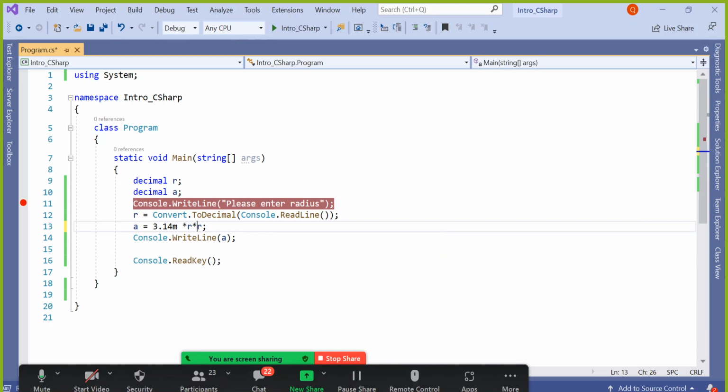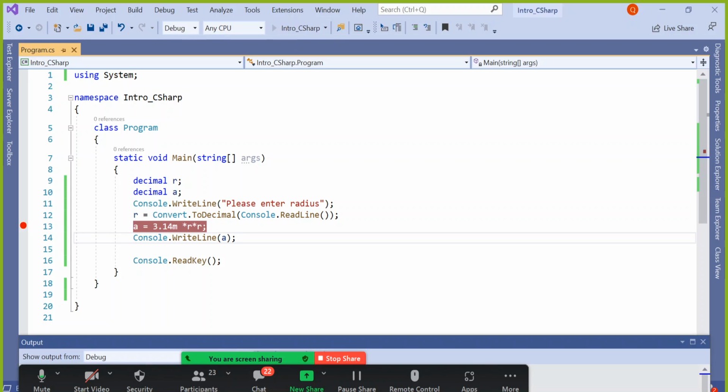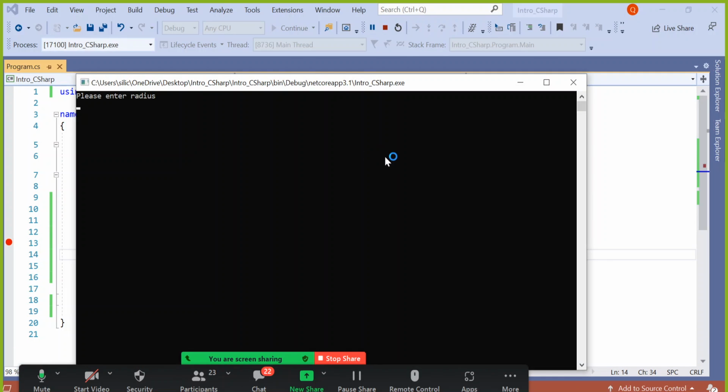So if you already corrected it, then no need to put the breakpoint in line number 11 onwards, because you know that the mistake was in this line, right? So put a breakpoint directly in this line. I don't need to check again line number 11, line number 12, because it is perfectly fine. So line number 13, I am going to debug again whether my output is as per my customer's expectation or not. So 7.5,